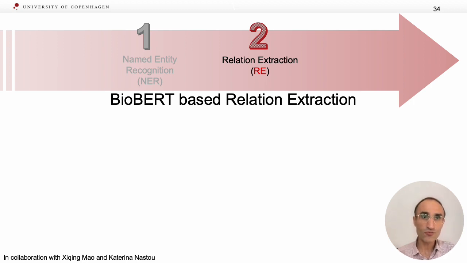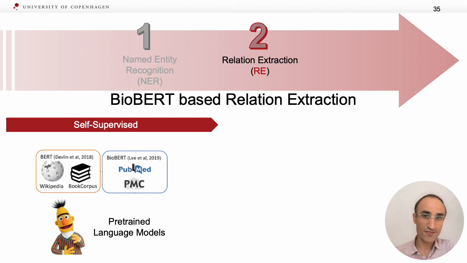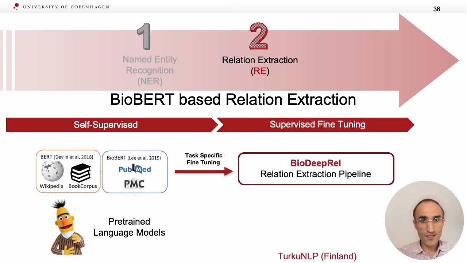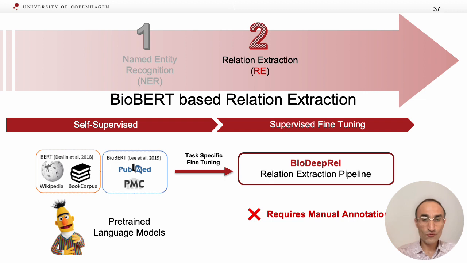We fine-tune the BioBERT model to be able to distinguish between different relation types. As is expected these days, we started from a pre-trained language model, which is BioBERT in this case, and then we used a custom relation extraction pipeline, and we fine-tuned this model to be able to distinguish between different relation types. To fine-tune the model using a supervised approach, we need labeled samples,